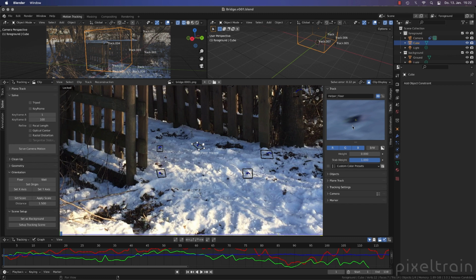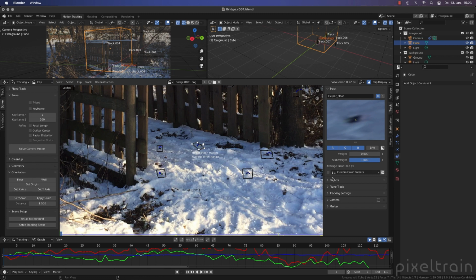If I now solve, I have to solve so that Blender makes a 3D point out of that, but it doesn't use it for the result of the solve. So let's solve that again. You will see that the average error is not a number, NaN, because it doesn't reproject, it only generates this point in 3D space.